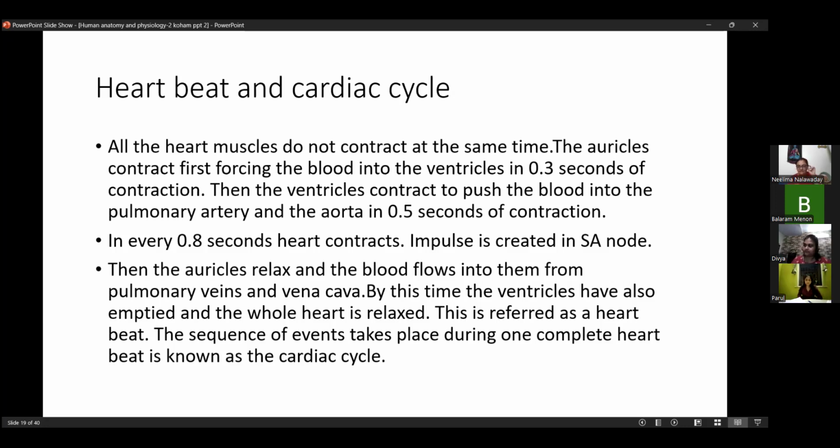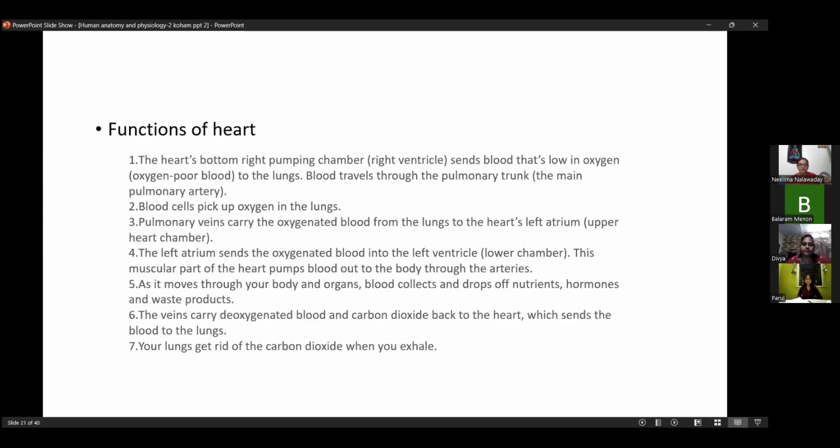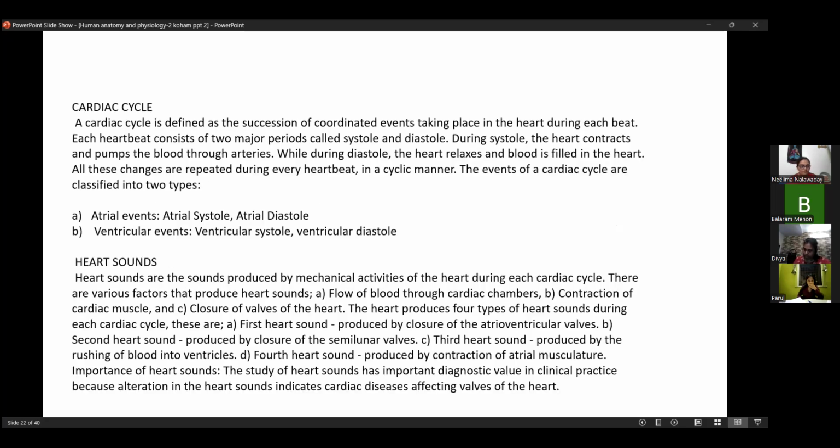I know it is a little bit difficult, but just try to understand. Upper two chambers, it's simple mathematics. 0.8 seconds. And the whole phenomenon is called as cardiac cycle. This is the whole sequence of all events happening. Again, this slide is for that only. In detail, I had put it in this slide. Afterwards, you can read. Now, so cardiac cycle.